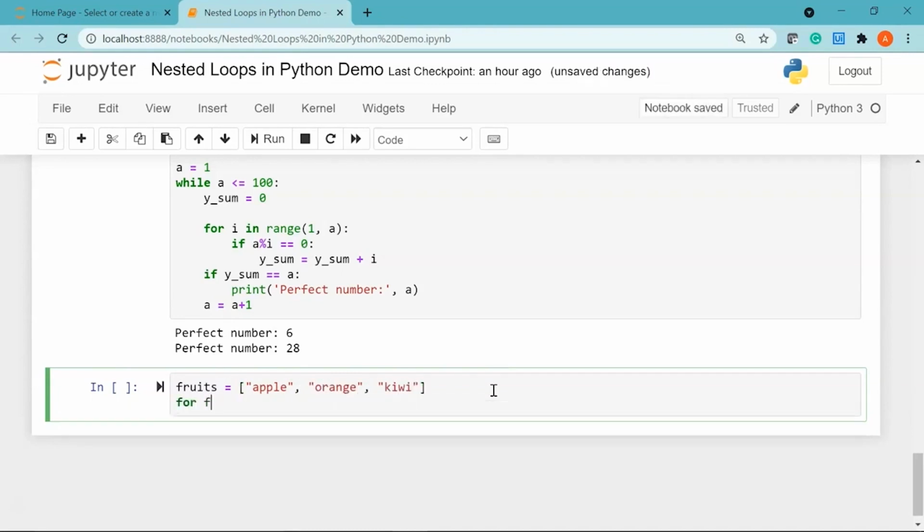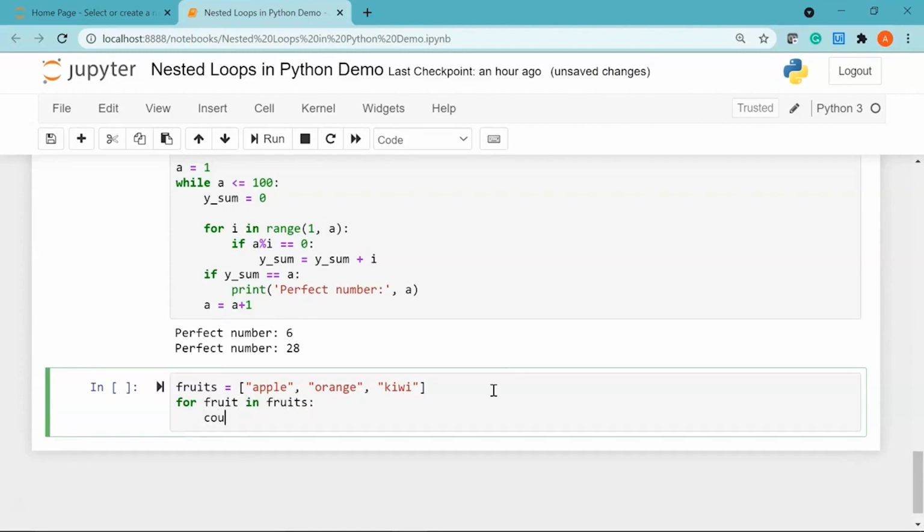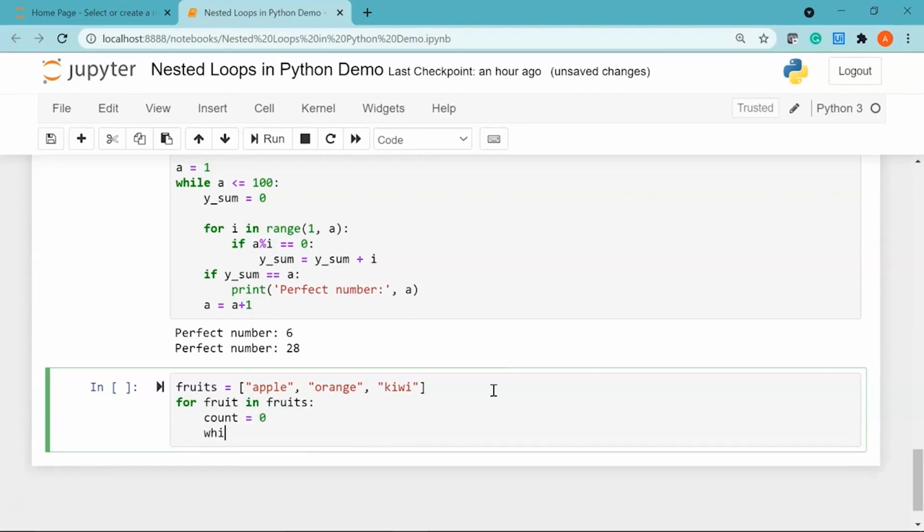So I'll say for an iterator fruit in fruits, I'll declare a variable called count and initialize it to 0. Then I'm going to use a while loop saying while count is less than 6, since I want to print the items in the list 5 times.